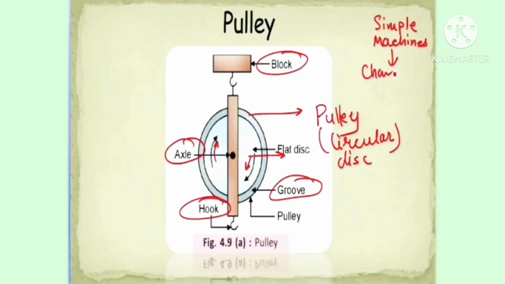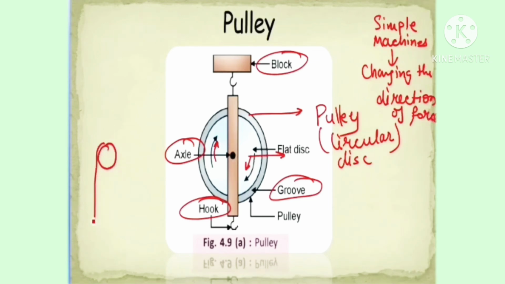That means, okay students, what do you think about this? Yes, that means if I have a pulley here and the rope is going like this, I can use it to apply my effort and load in this manner. My pulley is here, the rope is over the groove. My effort will be in the downward direction, and on applying the effort, the load will go in the upward direction. That is, the direction of force is changed using the pulley.